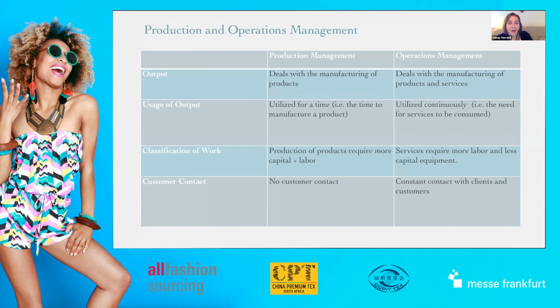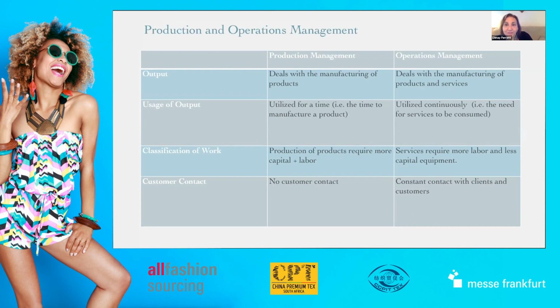This doesn't always seem obvious, or maybe seems like it is a given, but in many small companies in particular, there are a few people wearing a few hats. And the recommendation is that for an operation that is manufacturing a product for sale, that there is a delineation between production management and operations management. Production management meaning those activities that deal with the manufacturing of the product itself, the time utilization, the cost utilization, the control of capital and labor to make that product, and really the internal looking within the organization of how to